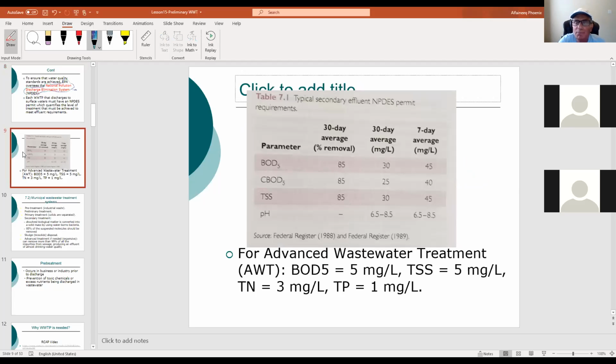Okay, here are some numbers for the United States. This is mostly used. If you want to go advanced, see the BOD advanced, you drop it to 5. Total suspended solids, 5. Total nitrogen, total phosphorus, very low numbers, almost drinkable water. If you do disinfection,